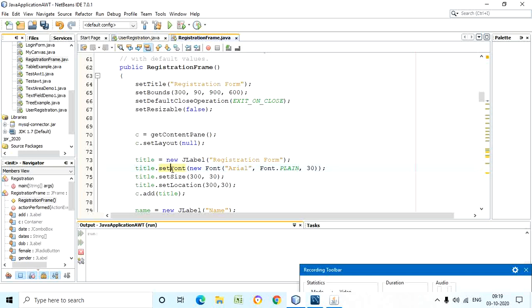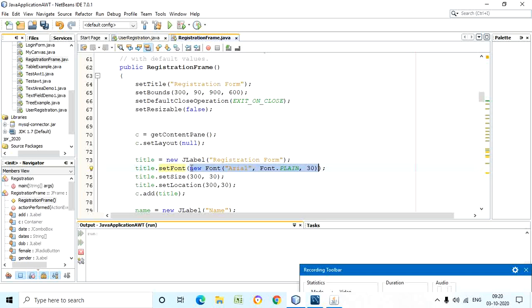Then we are creating an object for the title. The title is Registration Form. For the title we can set the font also, and for that we have a method called setFont. We have a Font class in AWT, and we can use it with the setFont method. This is new to you, but here is how to use it. You can use the method setFont, and for that method you have to pass an object of the Font class. You can directly create an object by using the new operator. So here we have created an object and we are passing it.